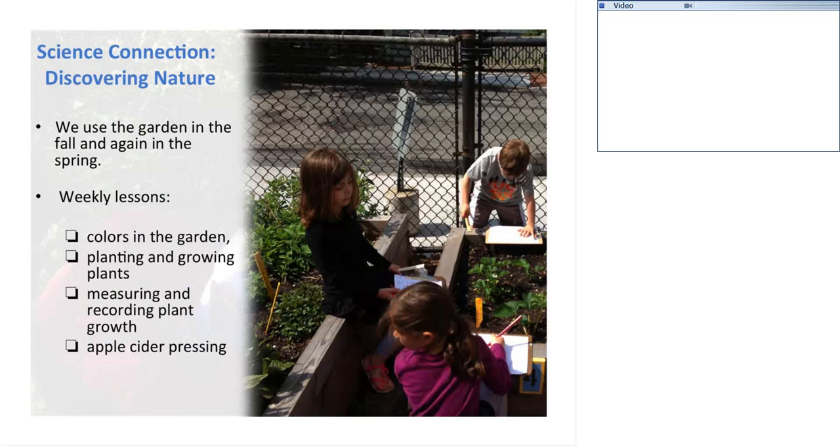But actually what I'm going to talk about is how we can use the garden throughout the year in our kindergarten class. So our first month in the garden is one of simply exploration. Children are given tools to be scientists and to investigate with their senses, with magnifying glasses, and their science notebooks for recording and sketching. I work closely with the garden coordinator to create a sensory space in the garden, access